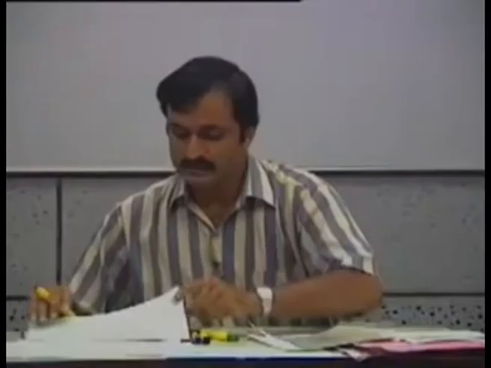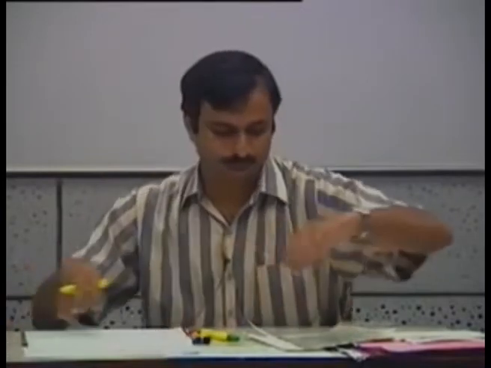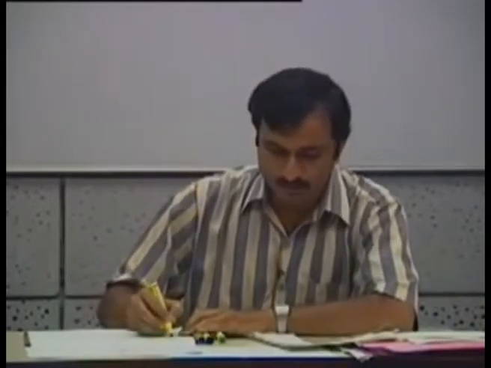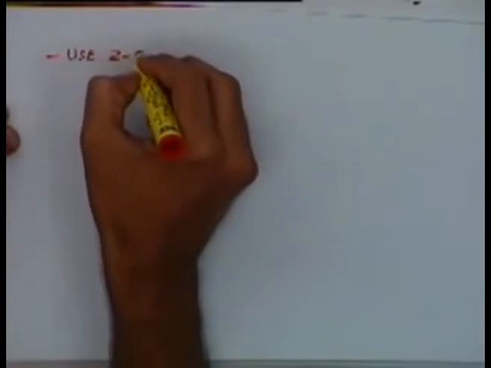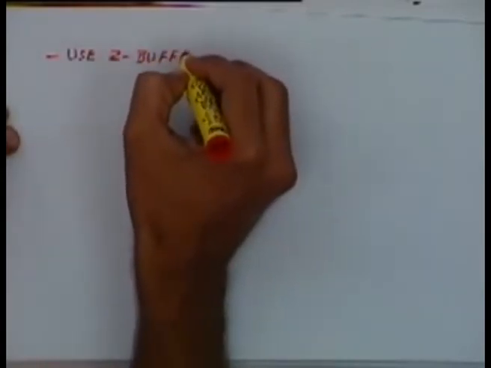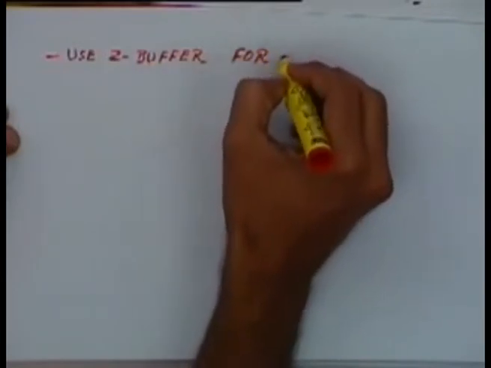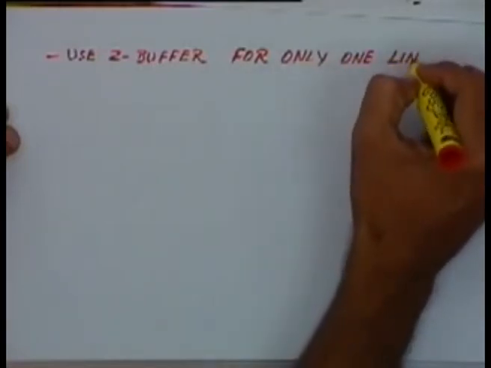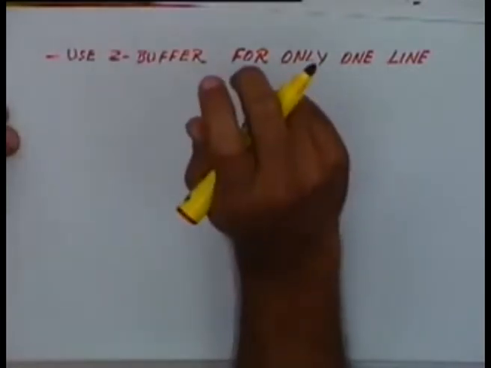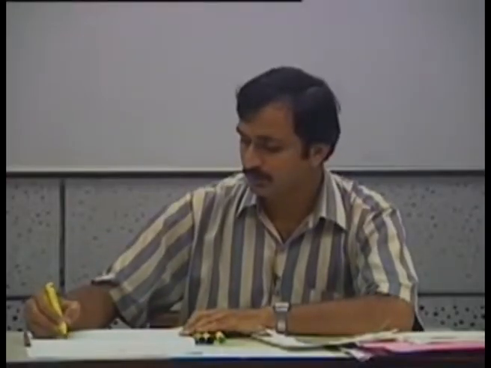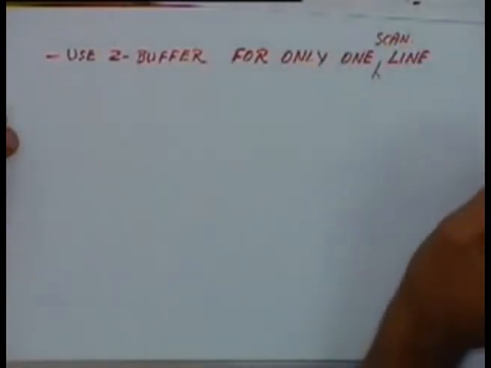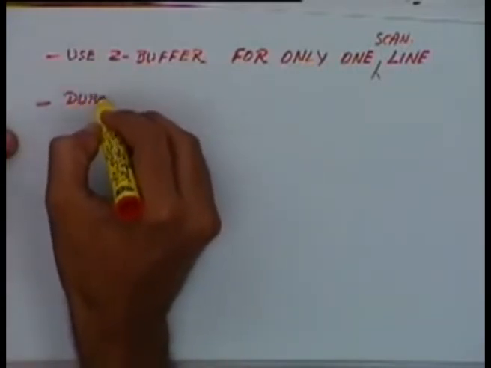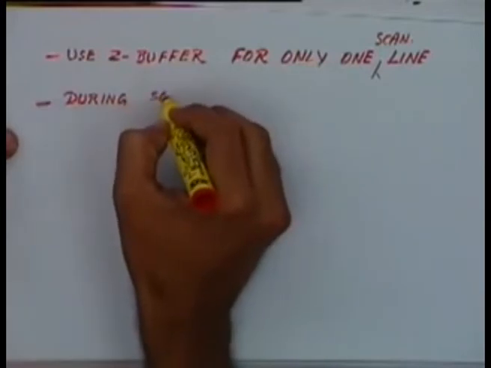So let's see this algorithm in detail. What we'll do is, in this we'll use the Z buffer for only one line, or only for one row of pixels, and then during scan conversion,